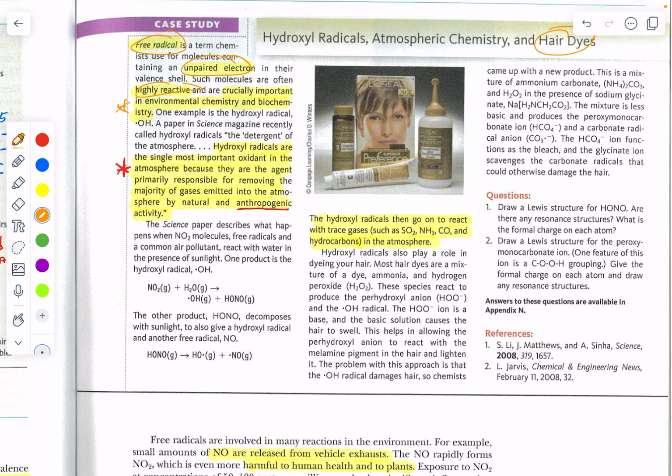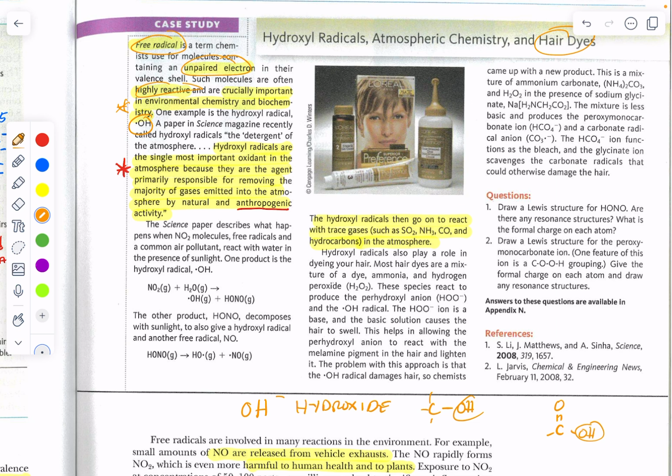One example of a free radical is going to be the hydroxyl group. So notice we use the term OH minus, hydroxide, when we think about the hydroxide acting as a polyatomic ion. When we talk about a hydroxyl group, a dash OH, that's going to be attached to something like a carbon, if we're making an alcohol, for example, or if we're making an aldehyde, like this, that's a hydroxyl. It's not connected to a metal or a positive ion.